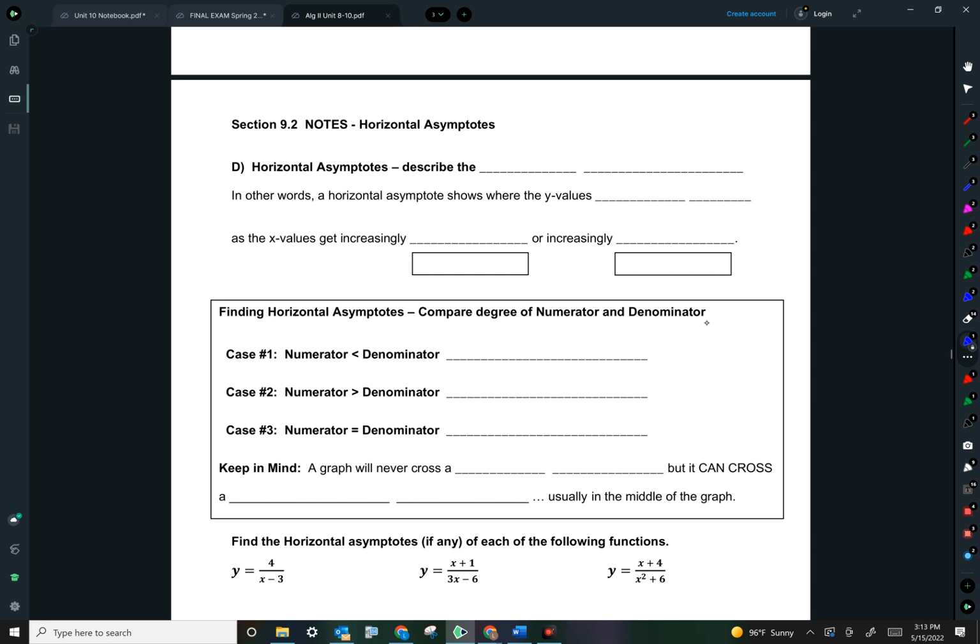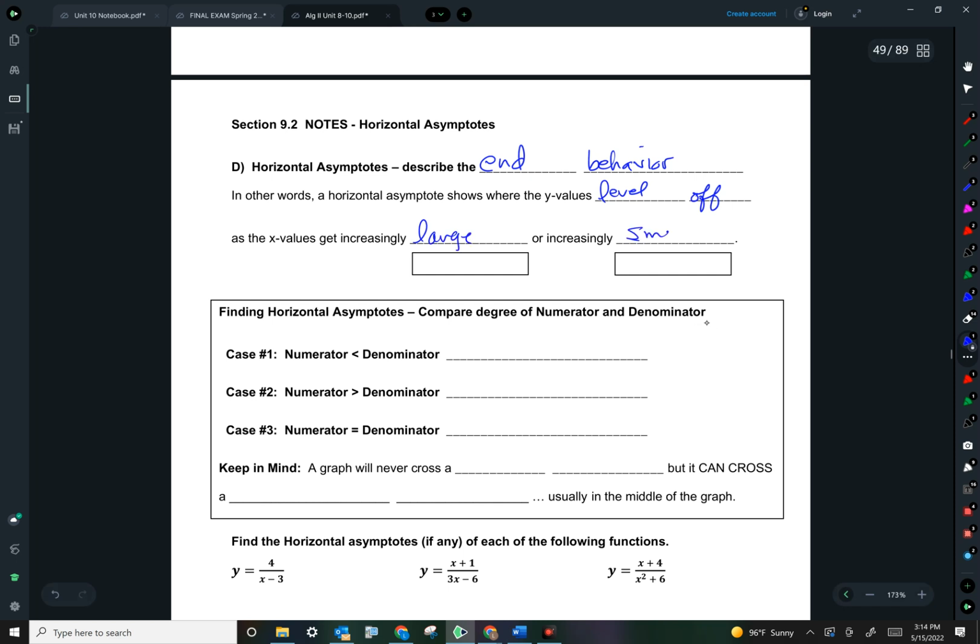All right, this video is about section 9.2, which is related to horizontal asymptotes. So first of all, we need to describe what we mean when we say horizontal asymptotes. Horizontal asymptotes describe the end behavior of a specific graph. In other words, a horizontal asymptote shows where the y values level off as the x values get increasingly large or as the x values get